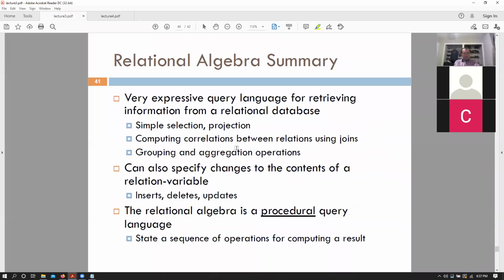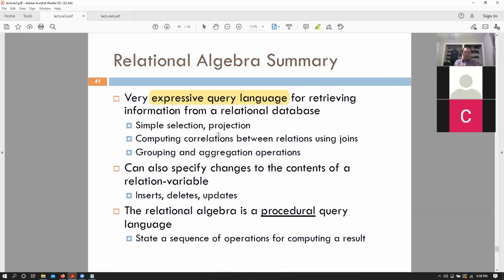So to summarize, essentially, that was basically relational algebra. Next class, we will start off officially with SQL and actually start working with actual databases in the first place. But for now, let's just summarize relational algebra a bit. It is a very expressive query language. It can be used to retrieve information from your relations, and it can be used to update information in your relations as well. Almost all or most databases use relational algebra under the hood to compute any of the queries and relations that you do.